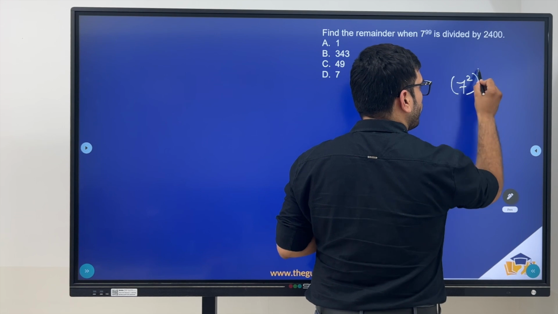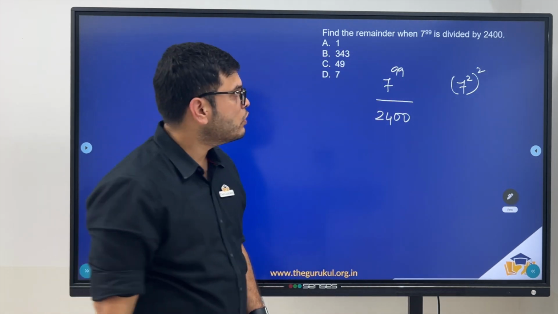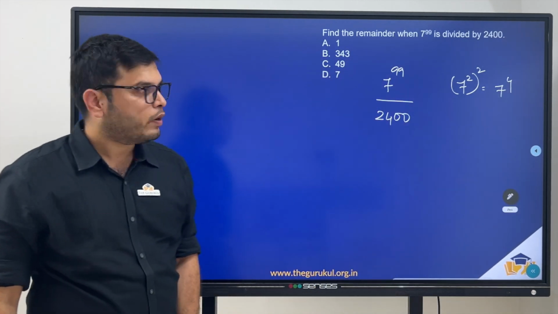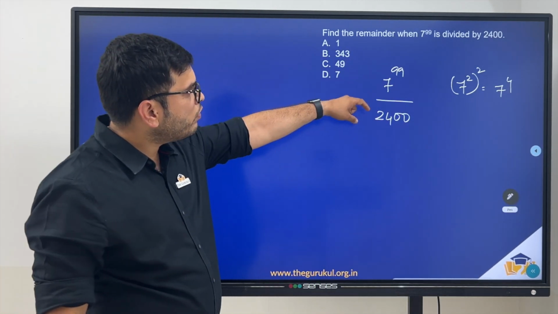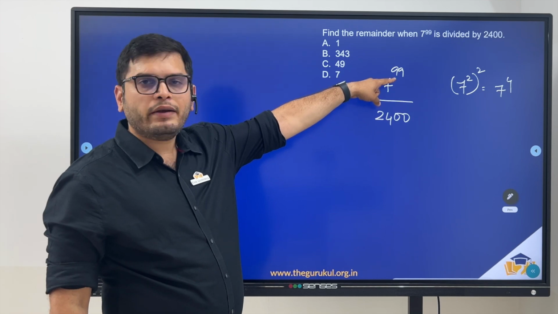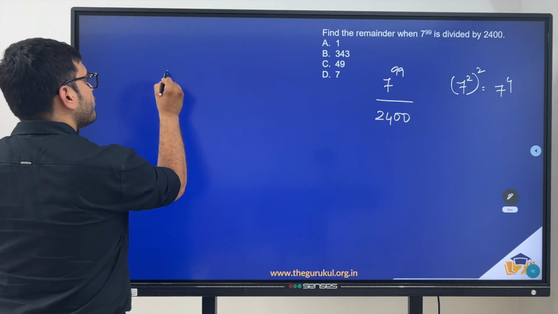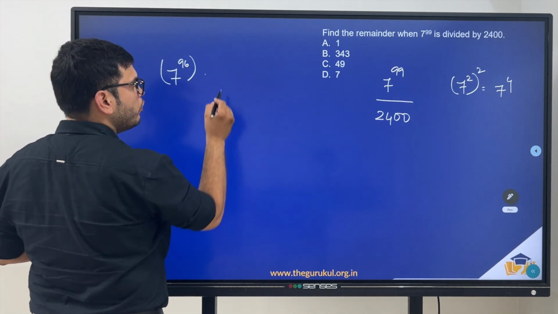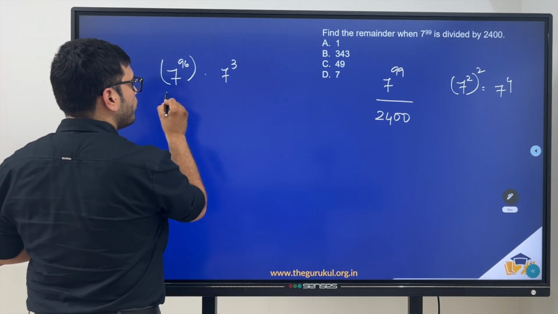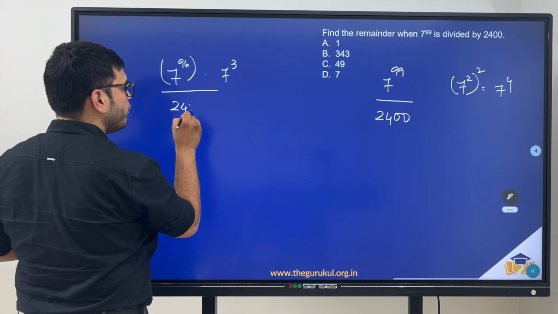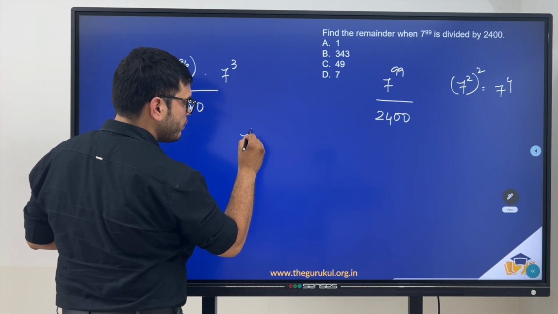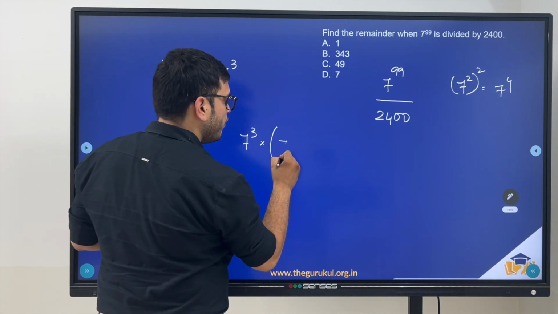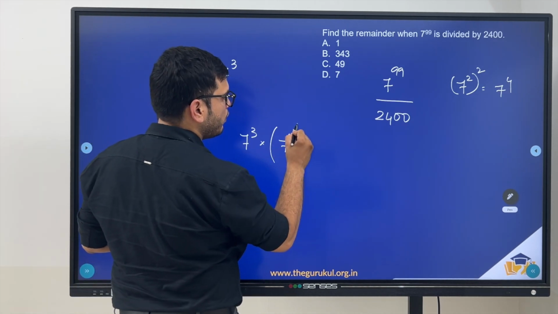Now, how can I write 49 square? 7 square whole square, right? So 7 power 4 is 2401, right? Now what is the multiple of 4 closest to 99? 96. Now let me write this as 7 power 96 into 7 cube by 2400. So I'll write this as 7 cube into 7 power 96, which can be written as 7 power 4 power